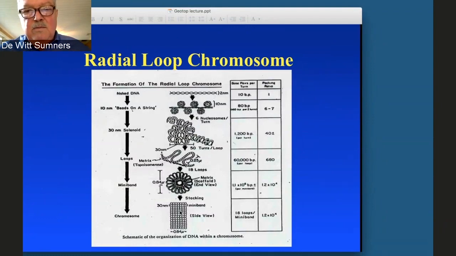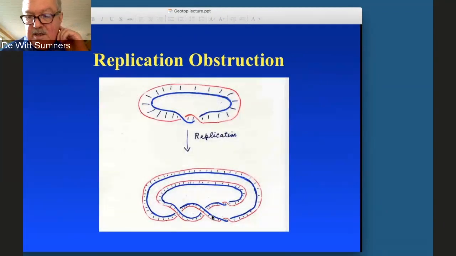And in order for the cell to manufacture proteins, the genes, which are short stretches of DNA that code for proteins, have to be accessed. So somehow the cell has to have mechanisms that allow proteins to get at the DNA in here, to take it out, to make the proteins, and then to put it back. But if you're a topologist, you can see that this right-handed helical structure is a topological obstruction to